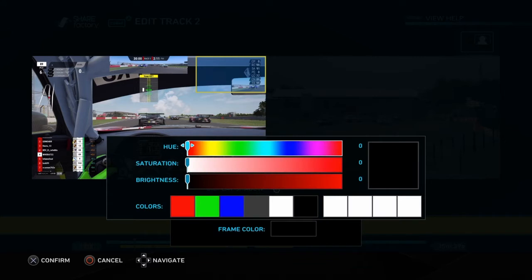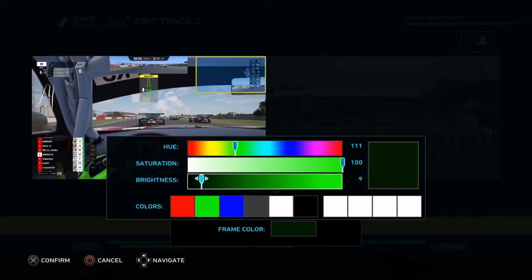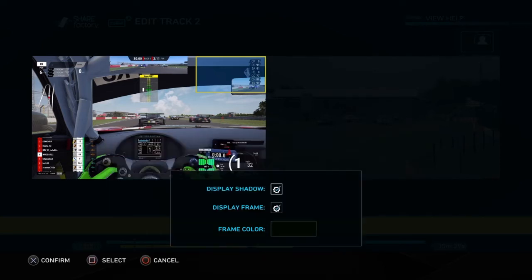You hit square to select the color, and you can adjust it. And it's pretty much the same menu if you had the backdrop as a solid color and you wanted to adjust this, it would be the same way to set the color. I'm going to go ahead and do that. And I don't want it too noticeable, just enough to where it's noticeable without being noticed, if you know what I mean. It'll kind of just set it off. So I'm going to have it be this dark green. We're going to select that,